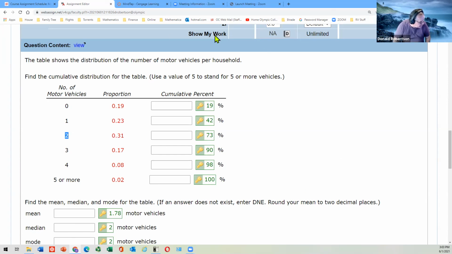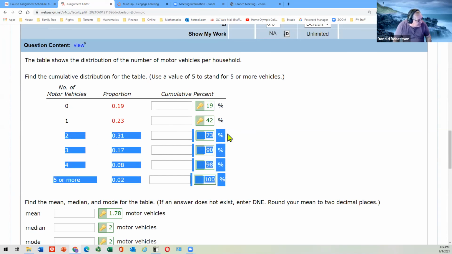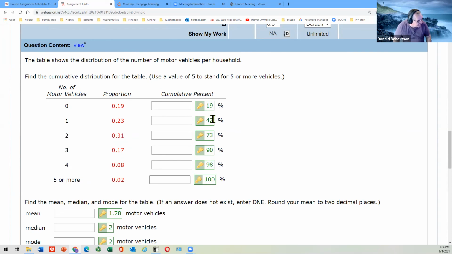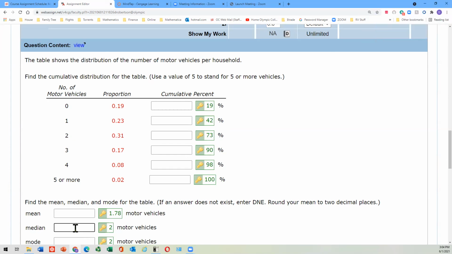So when you've got tables like this, with cumulative percentages and that type of thing, what you want to do is find out which number has the 50% in it. This one has 42, and this one finishes at 73. So this group here has the 50% mark in it. And so that's why the answer is just 2. Oh, so it's just a solid number? Yeah, so it's one of the